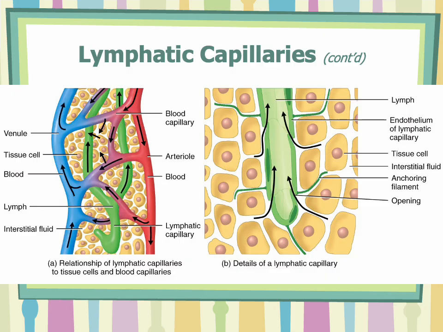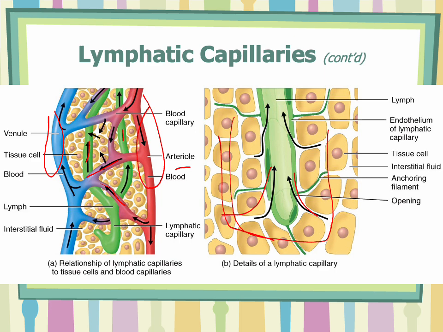Now we see a little representation here. Veins are the blue, arteries are the red. In this case, it will be arterial and venous, of course. And then, of course, in between these guys, we'll see what they are, capillaries. The green ones are lymphatic capillaries. If we zoom in closer, this is the interstitial space, and what's going in is interstitial fluid going into the